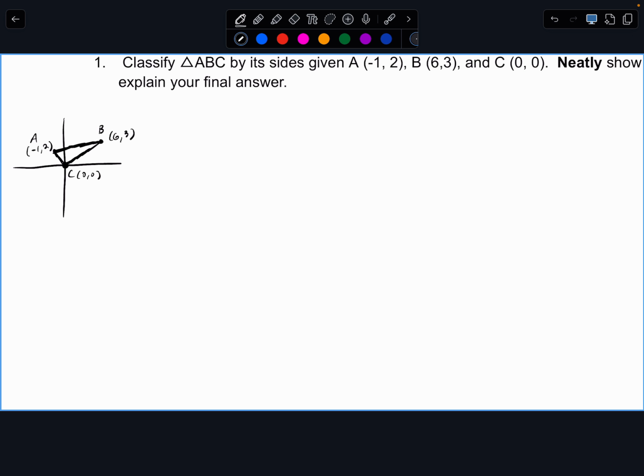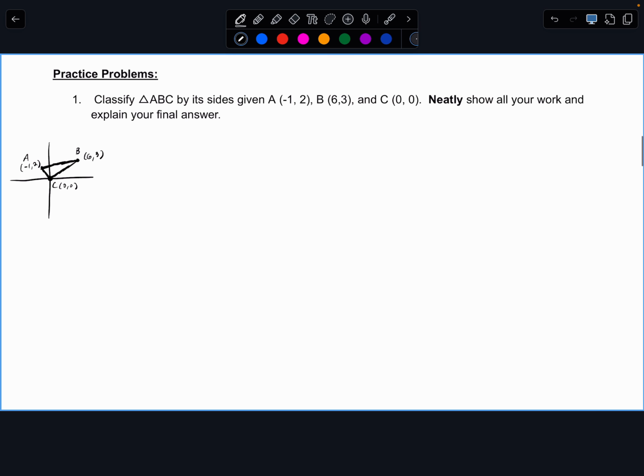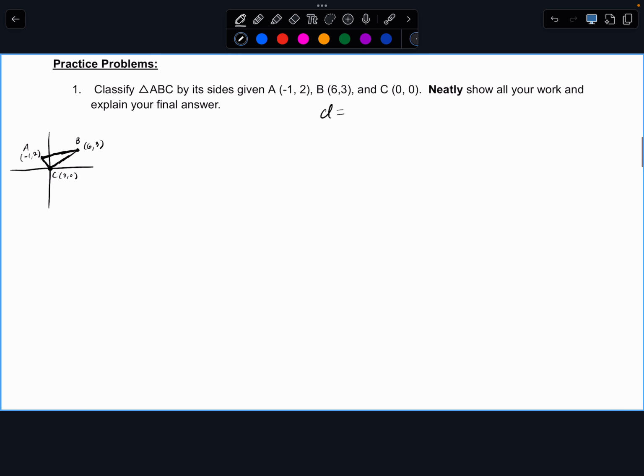All right, so if it wants us to classify this triangle by its sides, we are going to need to find out if any of these sides are the same length. Which means what formula are we going to use that you hopefully know? The distance formula, very good. So I'm going to write down distance equal the change in my x's,